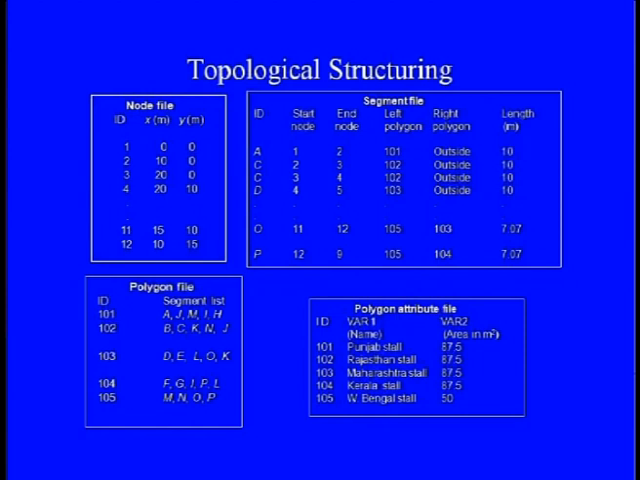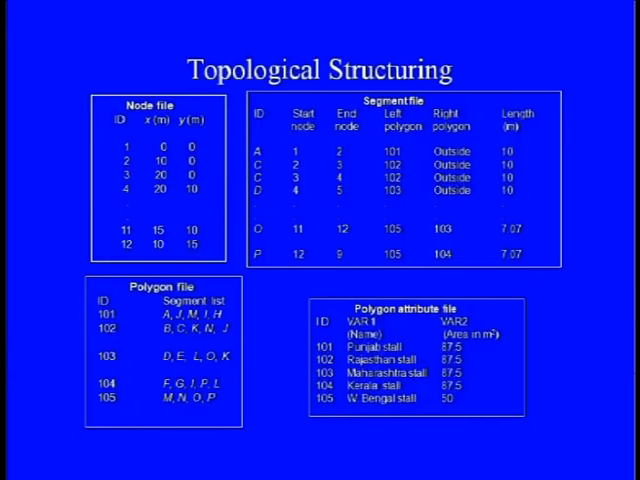So, the first line is A, its start node is 1, end node is 2. When we look at the connectivity between the other objects, on the left hand side it has a polygon 101, on the right hand side there is nothing, that is, this is outside the information space, and the line is of a length 10